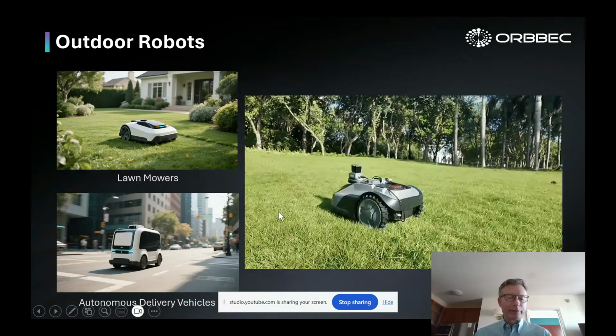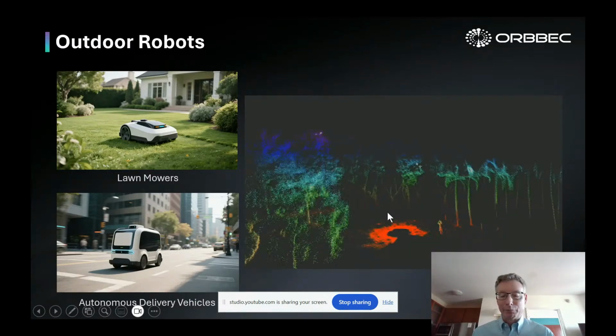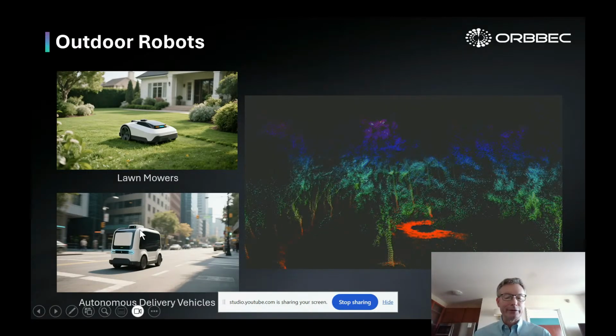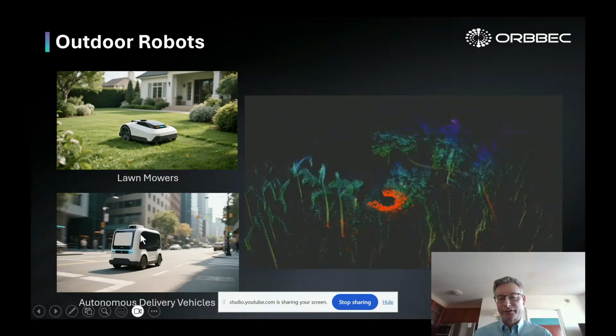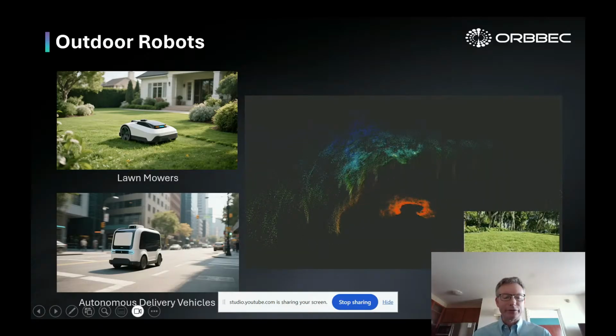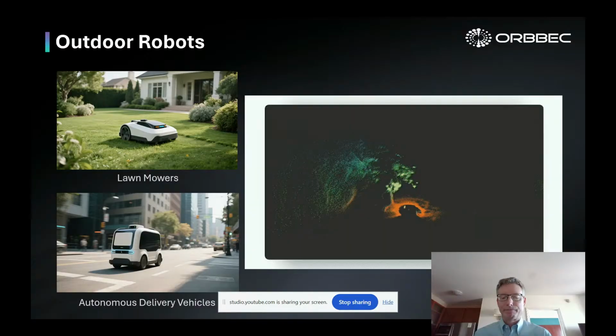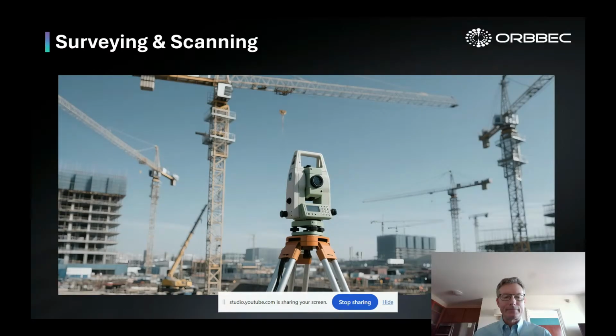And then likewise, these same features and capabilities of being able to operate in bright sunny conditions are also applicable to autonomous delivery vehicles that you might find delivering parcels or food deliveries in dense cities. And then lastly, again, surveying and scanning,